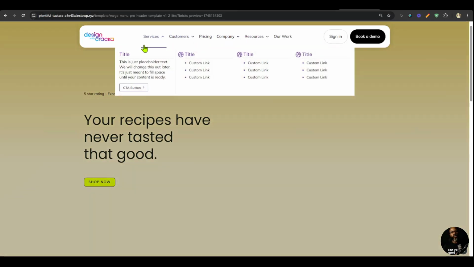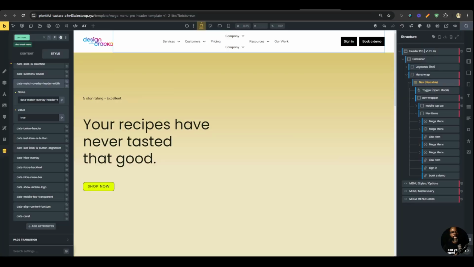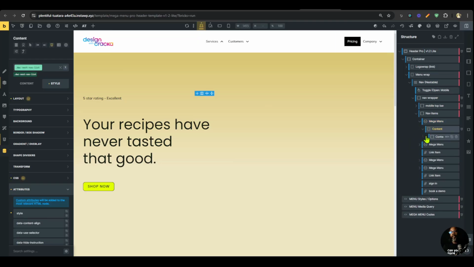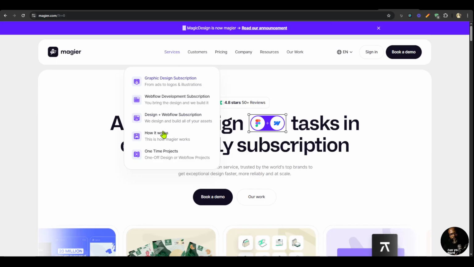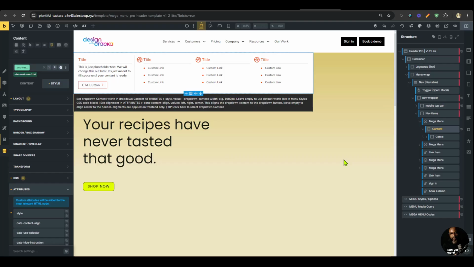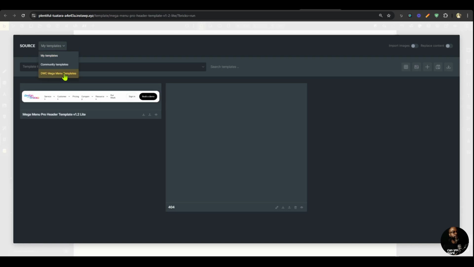So first of all, we're going to bring in the templates that we're going to use to build this, and let's go in. Bricks can do this at times, so you have to refresh it. What we're going to do is replace this mega menu content with a pre-built section that is similar to this. The Mega Menu Pro comes with starter drop-down content templates that you can use as a starting point to build your navigation. I've already gone ahead to add that to this website. So I'm going to go to templates, and then to the DWC Mega Menu template,